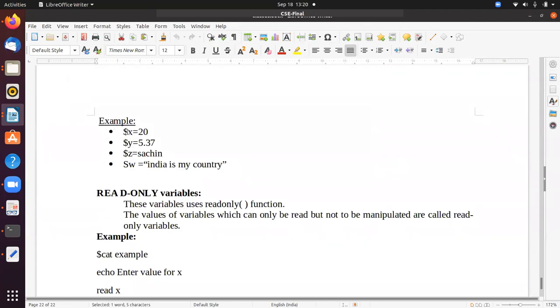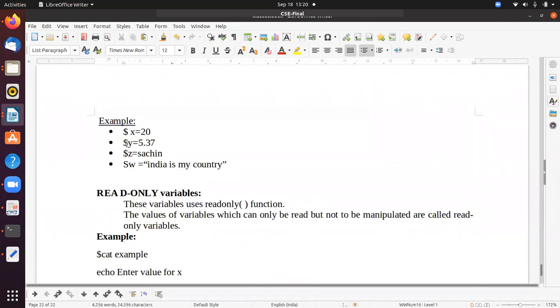So this variable is a shell variable, and this we call data. Example, x equals to 20, y equals to 5.37, z equals to Sachin, and w equals to India is my country. So when you print this, x equals to 20, y equals to 5.37, z equals to Sachin, w equals to India is my country.